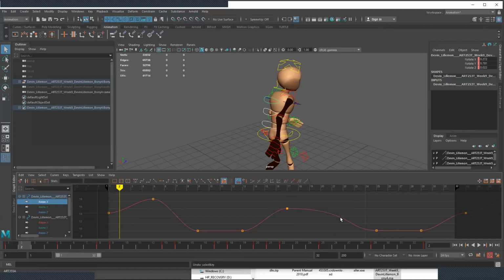Let's see. Maybe it's just the curve needs... Might even need something like that, where instead of flat on the bottom here, try doing something like that. Okay. Yeah, but I think these need to come down maybe